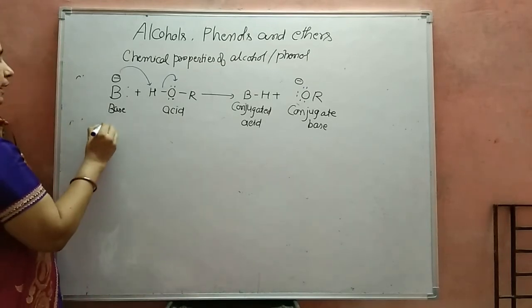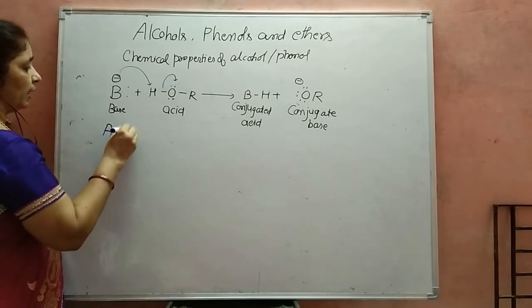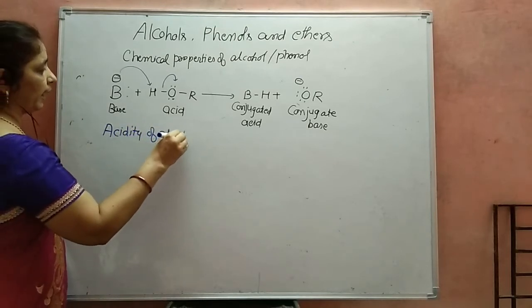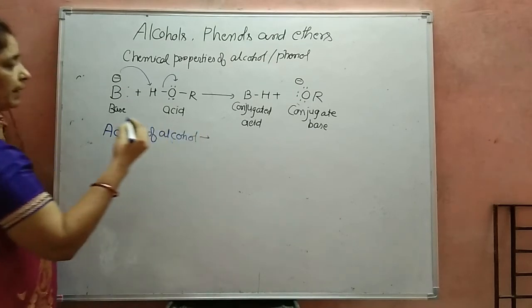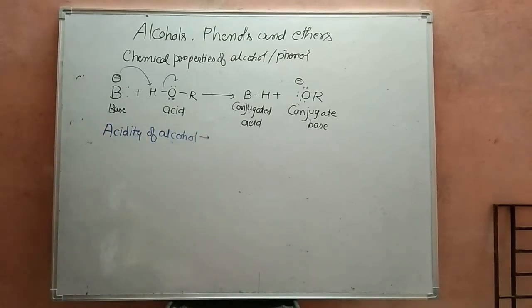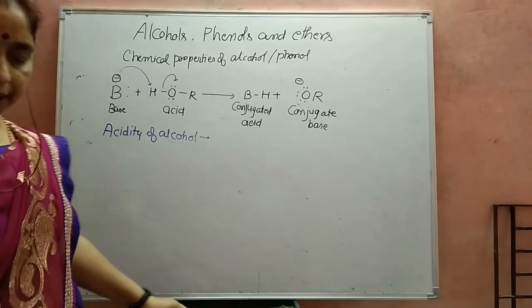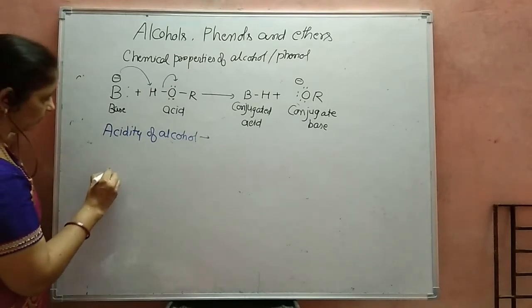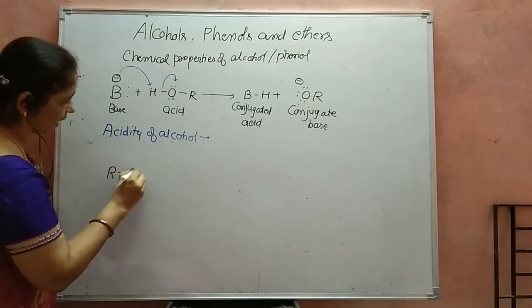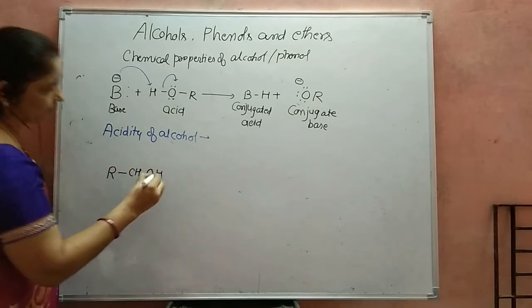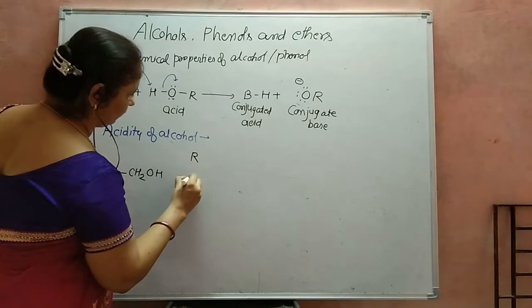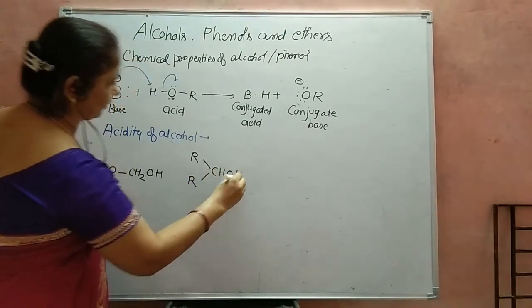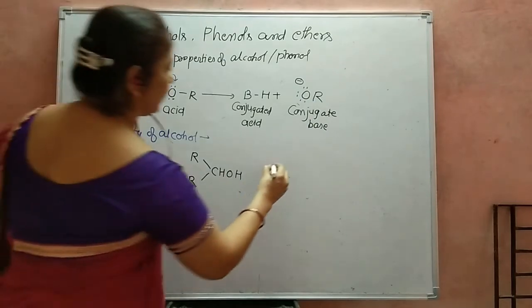Now we discuss the acidity of alcohol. Here we compare 1 degree, 2 degree and 3 degree alcohols, हम compare कर रहे हैं कि which one is more acidic and why. So first of all we write the 1 degree alcohol RCH2OH, 2 degree alcohol RRCHOH, 3 degree alcohol